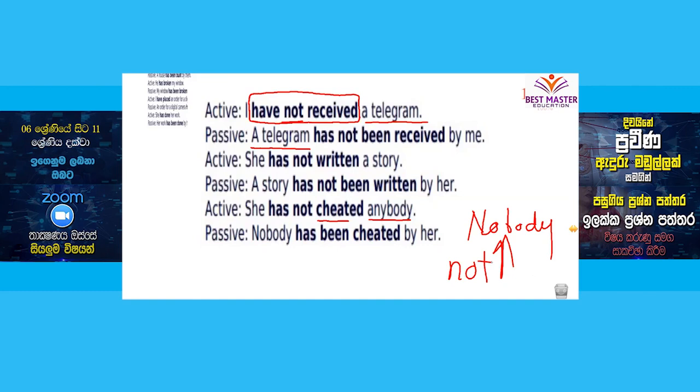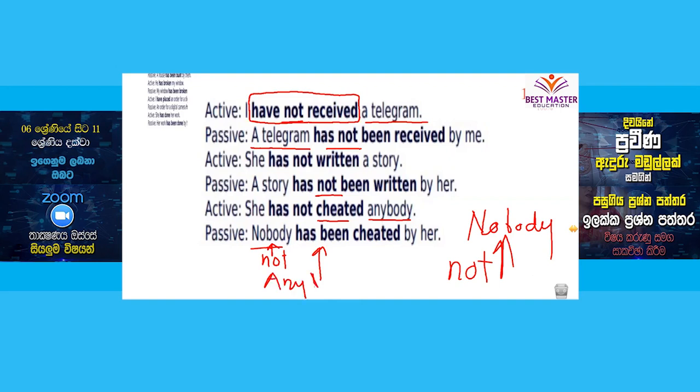Right? Look at here. Nobody has not been. There's the not here. Where is the not here? In this sentence has not, but here has been cheated by her. Inside of the nobody, we have added the not. Nobody has been cheated by her. If you want to write with the not, you have to use